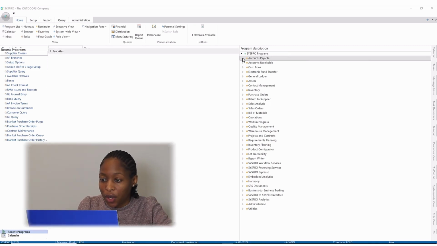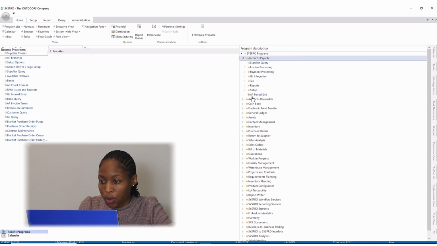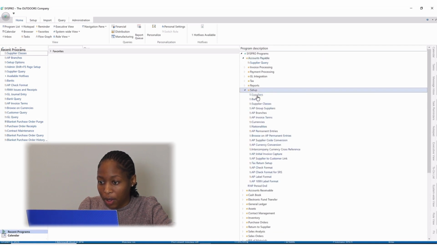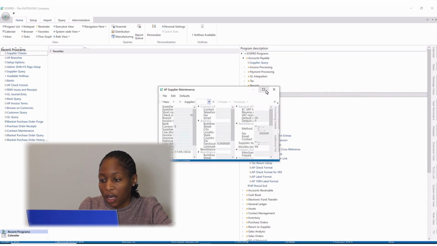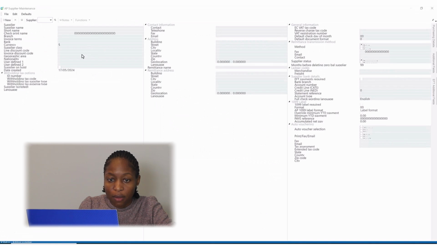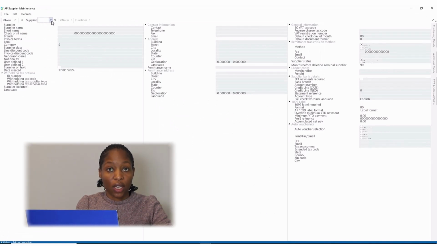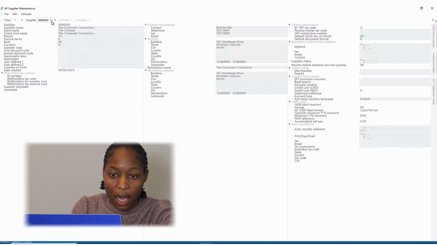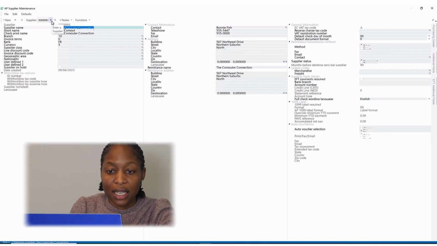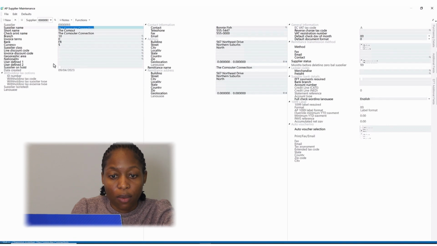Again, we're going to go to the accounts payable module, and this time we're going to go to setup, and we're going to go to suppliers. Okay, so again, we're going to make this bigger. Okay, right here on supplier, you're going to enter the supplier code, so 93 in our case, and we're going to tap off. As you can see, the supplier details populate on the screen,